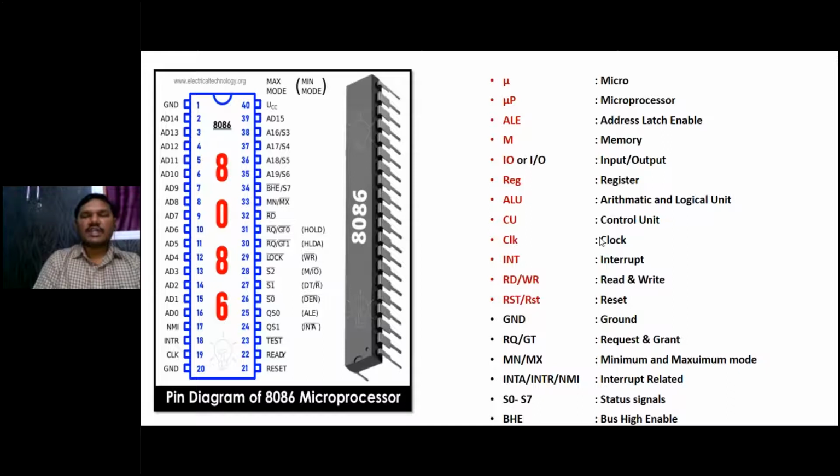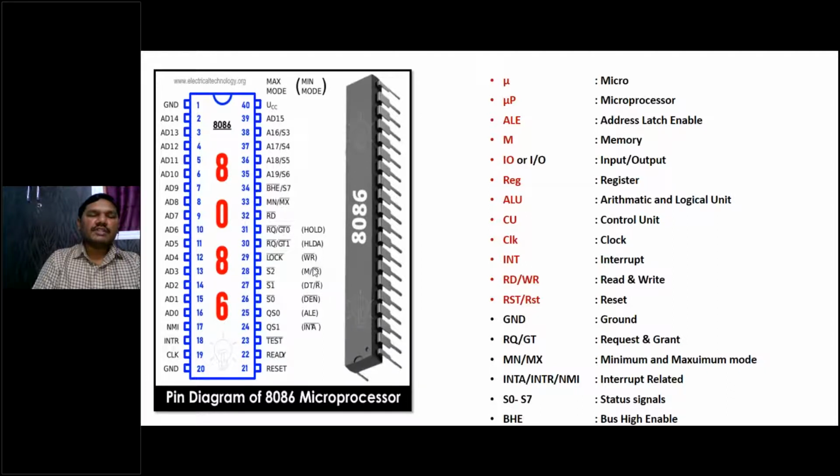Here I have given CLK, meaning the clock signal. And we have one more ground, so there are two grounds: the first pin and the 20th pin are the two ground pins. One pin is for the complete 8086 microprocessor and one more pin is for internally available circuitry. That's why there are two types of grounds. The 40th pin is VCC, the power supply, HOLD stands for hold signal, and HLDA stands for hold acknowledgement.